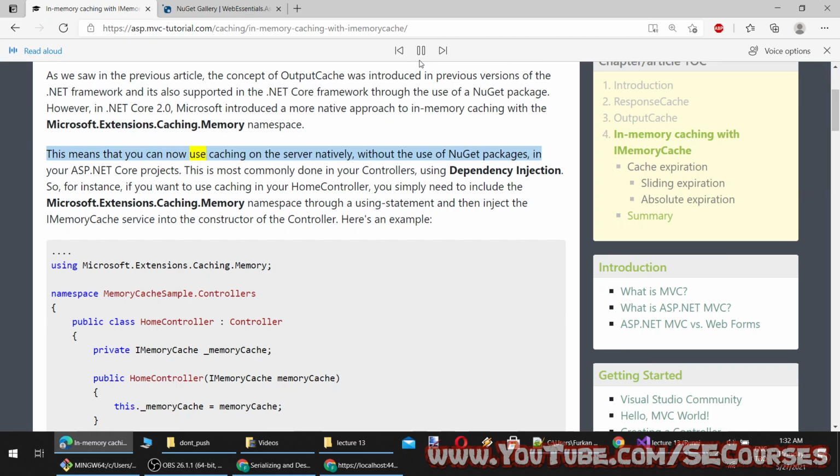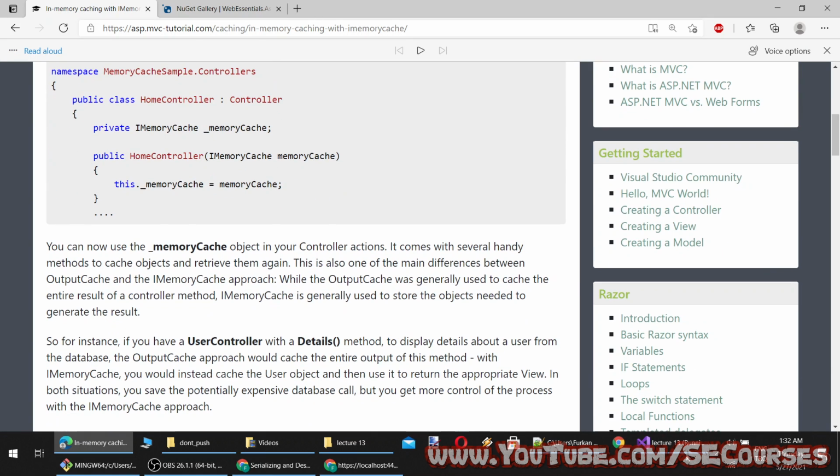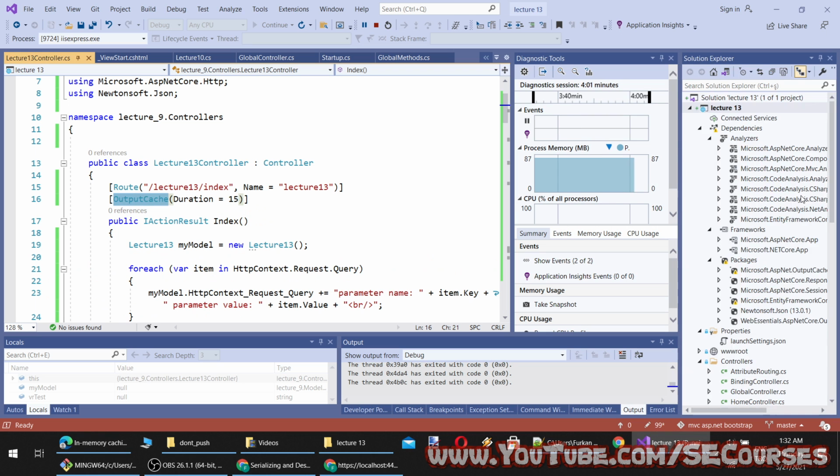This means that you can now use caching on the server natively, without the use of NuGet packages in your ASP.NET Core projects. This is most commonly done in your controllers using dependency injection. So, for instance, if you want to use caching in your home controller, you simply need to include the Microsoft.Extensions.Caching.Memory namespace through a using statement and then inject the IMemoryCache service into the constructor of the controller. Here's an example. Okay, so let's add this caching to our lecture 12,